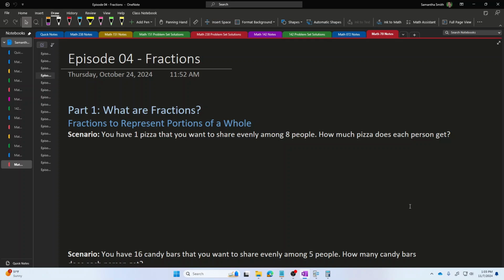Step number one is we're going to figure out what fractions represent in the real world, and how you decide which fraction is bigger than another fraction. And then we're going to talk about how you multiply and divide fractions, and then how you add and subtract fractions. So it's going to be the same kind of progression that we just did in episodes 2 and 3. So if you were okay in episodes 2 and 3, you're going to be okay in episode 4, episode 5, and episode 6. It's the same kind of thing we just finished doing with negative numbers.